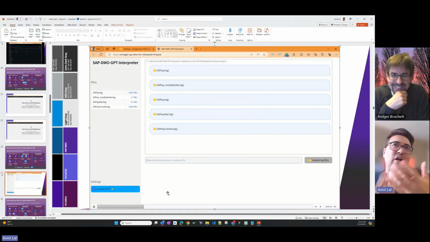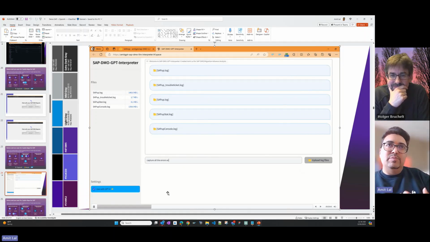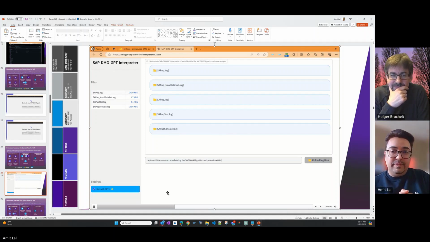I developed it based on an ongoing POC for a customer, and they were impressed. They said, okay, this is something we have to explore. We can get this system because our partners are doing a lot of migration. These kinds of Gen AI apps are definitely going to help them. So you can capture the entire logs.